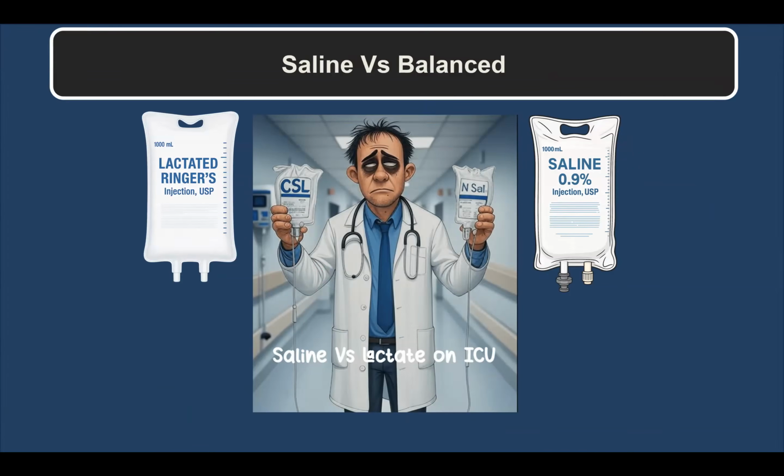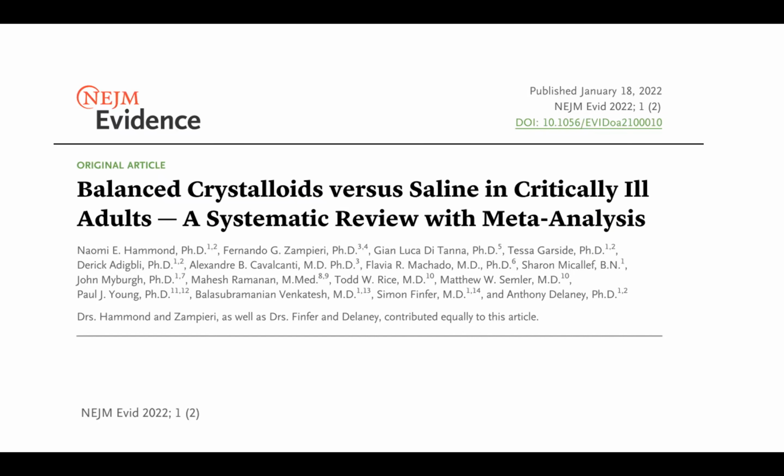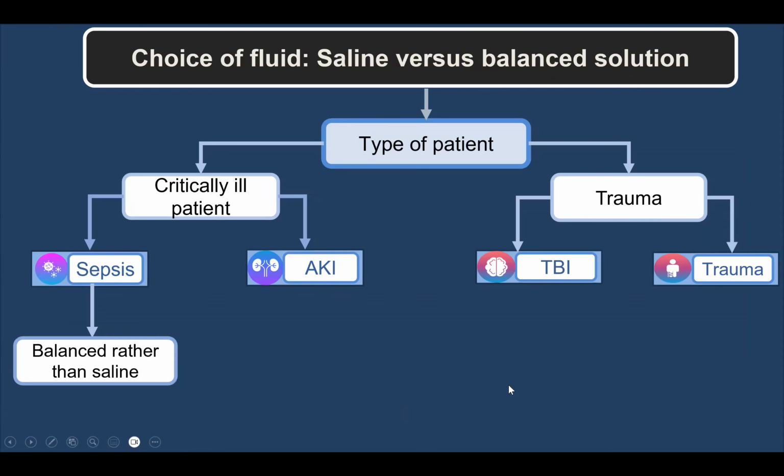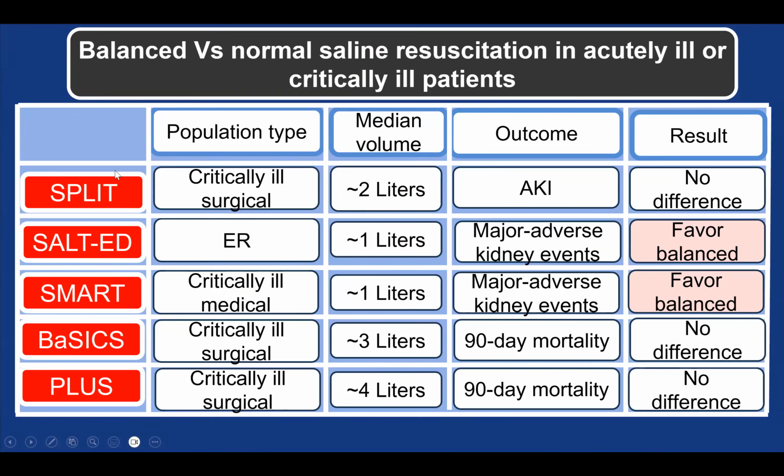The second question is whether you have to use a balanced or a non-balanced solution. If we look at this meta-analysis that compares balanced crystalloid versus saline, as we see here, if you are using balanced, we have a very slight reduction in mortality of about 0.4%. That is why most patients with sepsis are given balanced rather than saline. For acute kidney injury, we have five